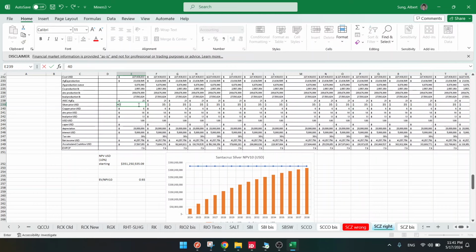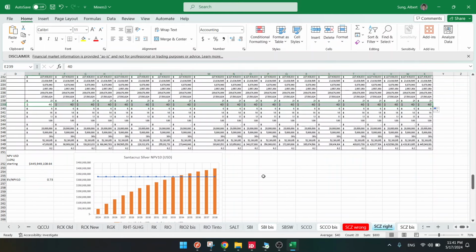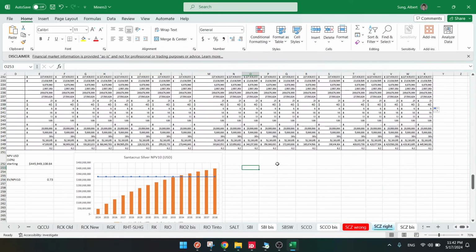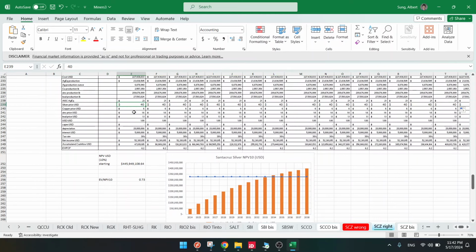But silver could also go to 40, of course. That's possible. But it wouldn't be much higher. But okay, it's going to be undervalued at that point with upside of $60 million, maybe $100 million upside, so that's a double. A double from 100 million to 200 million. So that could be a double if silver goes to 40 and zinc goes to 1.6. Okay,